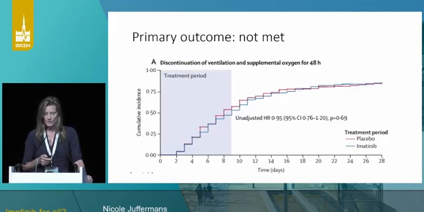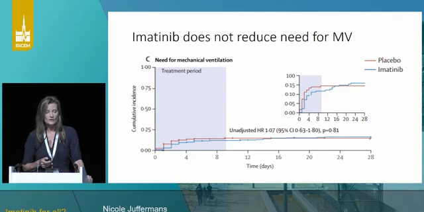So here's the primary outcome. There is no difference between the groups related to the primary outcome, which was the discontinuation of all oxygen. And I guess, if we knew then what we know now, we wouldn't have chosen this as a primary outcome, because we know now that COVID patients' time that they need supplemental oxygen can carry on for weeks on end. So probably we would have measured something else as a primary outcome, but this was the choice at that time. So the primary outcome, no effects there.